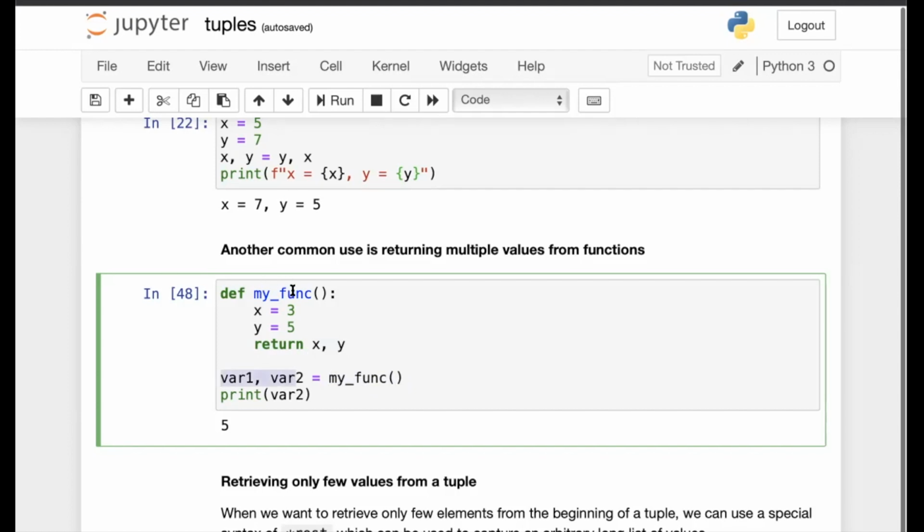In this example, the myfunc function was returning two values, x and y. These were packed into a tuple, and where it was called, the value would be returned and unpacked. The first value returned would be assigned to var1, and the second value returned would be assigned to var2.